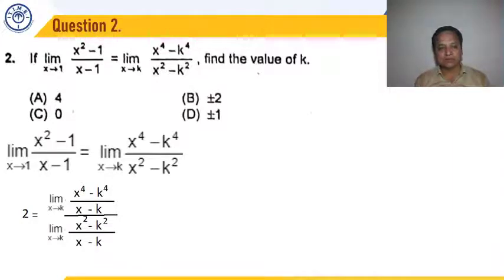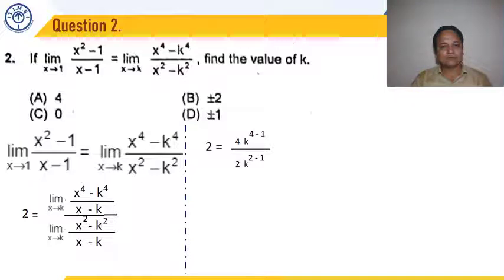For the right hand side of the limit, as x is tending to k, x is not equal to k, so x minus k is not 0. We convert this into standard form by dividing the numerator as well as the denominator by x minus k. So we get the limit as x tends to k of (x to the power 4 minus k to the power 4) upon (x minus k), upon the limit as x tends to k of (x square minus k square) upon (x minus k). Now we use a simple algebraic rule: to find the limit of numerator upon denominator, we find separate limits and divide them. By doing this, we converted them to the standard form, which we explained just above.